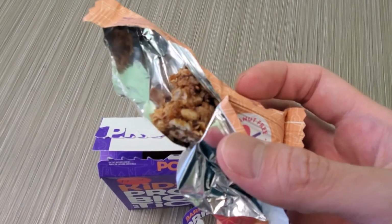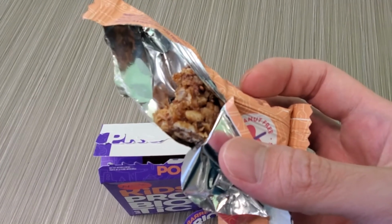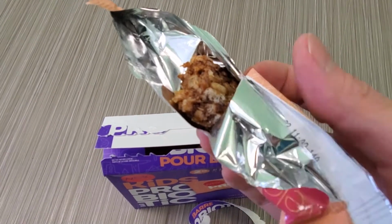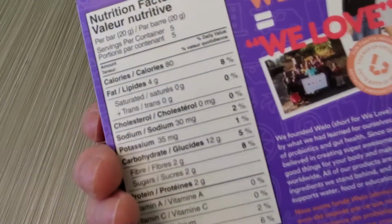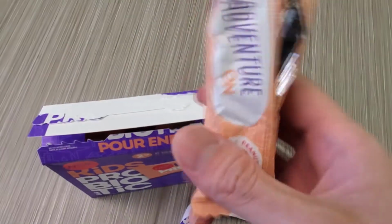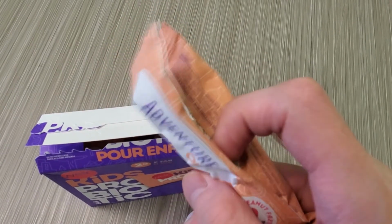Taste-wise, it has a mild berry flavor to it, and it's really not sweet at all. There's like no sugar whatsoever in this thing, so it's very low in sugar. If you look here, sugar is 2 grams. Yeah, it's not sweet at all. So it has a mildly hinted berry taste to it. Soft, not bad, and it tastes like a regular granola bar,